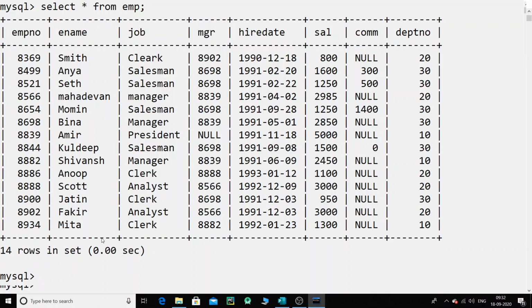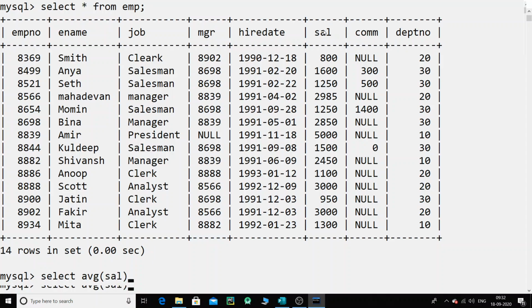For example, if I want to know the average salary that I'm paying as an owner, how am I going to do that? I'm going to simply say select, then I will use the function name, and the name of the function is AVG, that is average, and then I will provide the average of sal. What is sal?